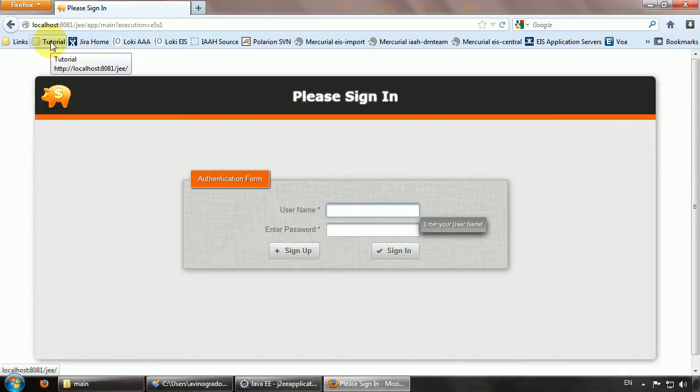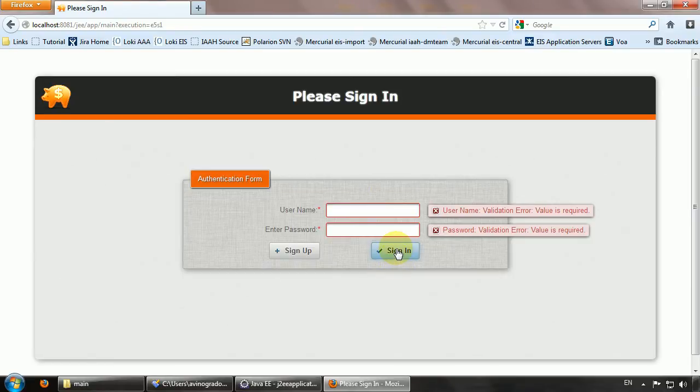When changing the cascade style sheet, it usually requires refreshing the page to clear the cache and load the new CSS file. So I'll refresh it, and now I will try again to submit the empty form, and now we have the beautiful messages which don't impact the whole format of the form. So now it says that the username value is required and the password value is required. So okay, and if we try to submit the form,